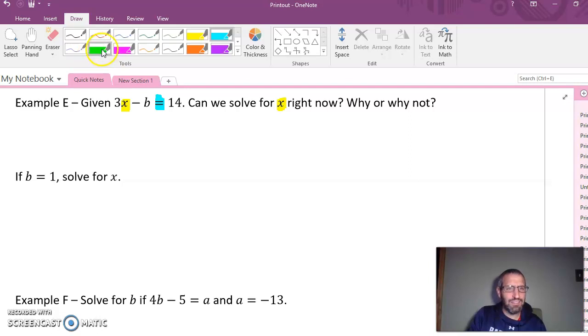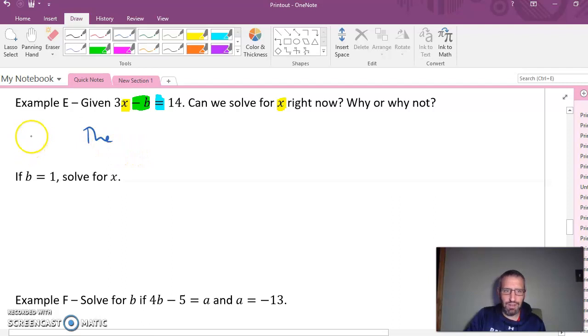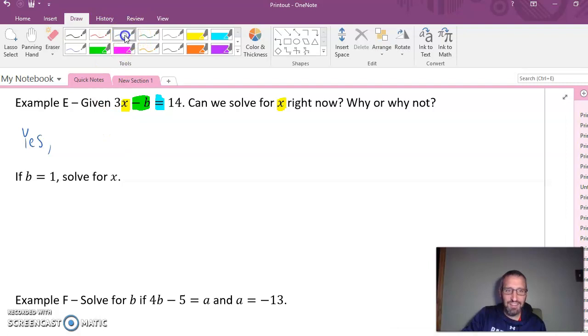But if I'm looking at this, the minus b looks like it might be giving me a little bit of an issue, right? I'm not sure I'm ready to solve for a variable with another letter in the equation. We'll get to that at some point, but we're not ready for that yet. Okay, so if I'm writing an answer for this question, can I solve for x right now? Yes, but the b